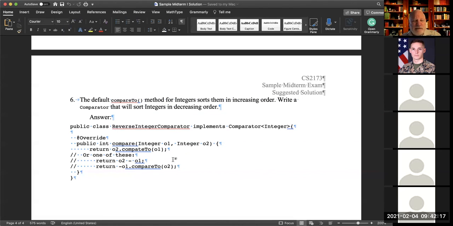That will work as well. Or I can simply take the first one compared to the second one and return a minus. This will do exactly the same thing. So these are three ways to use the existing comparator, in this case for integers, and modify it a little bit.